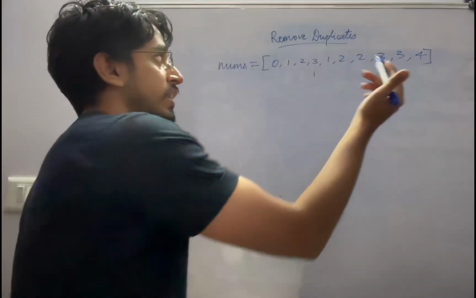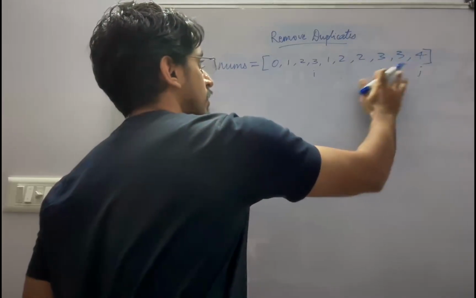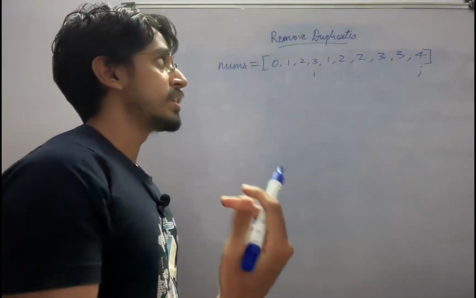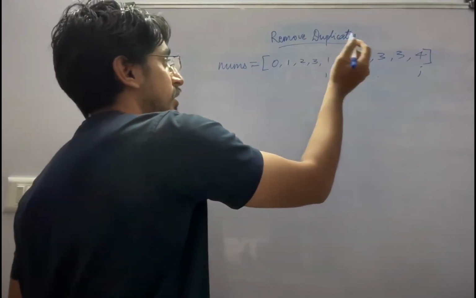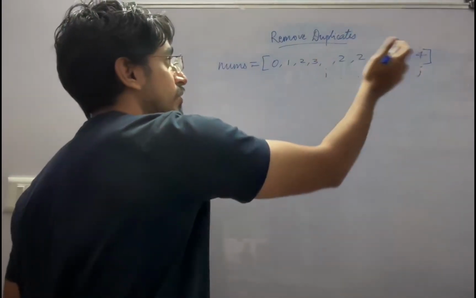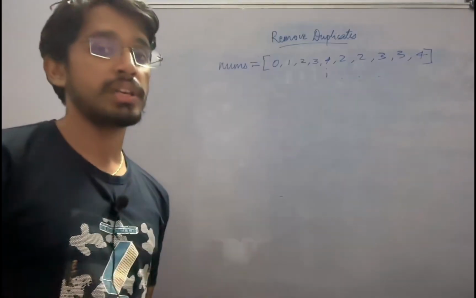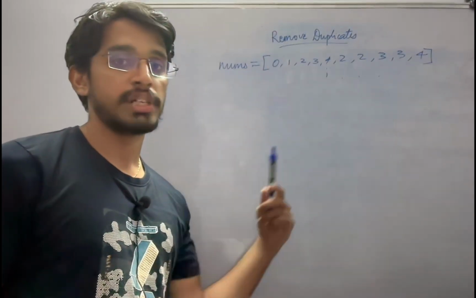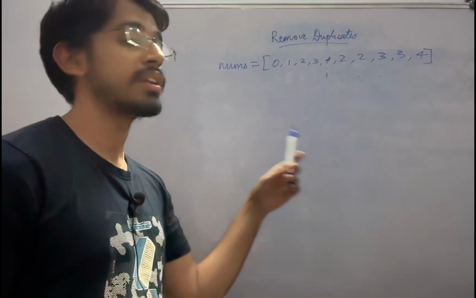Alright, so again we increment j. Okay, both are 3, again increment j. So now j and i are not equal, so we update the value of i. First we increment i and then update the value of i to the value of j, that is 4. Okay, and then we do not have any elements after that. So now j is out of range, so the index of i is the final value which we need